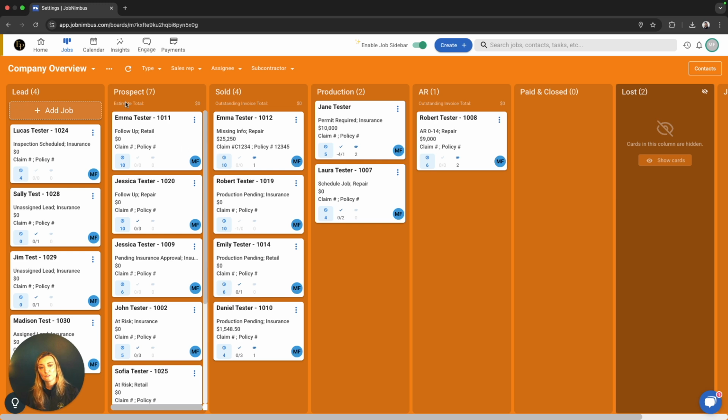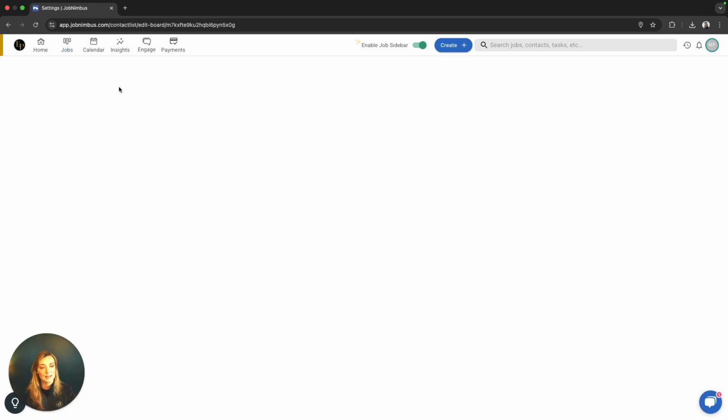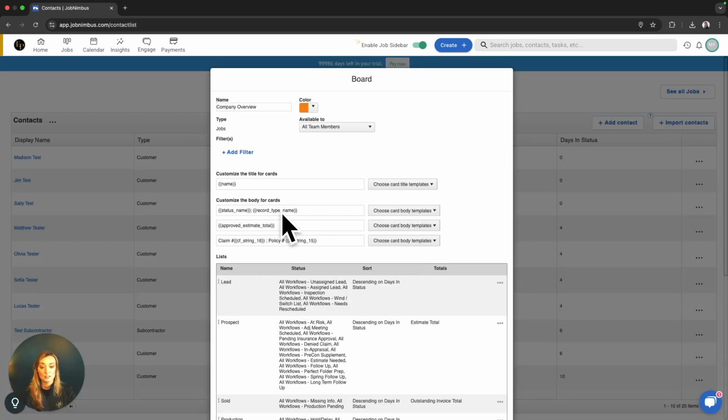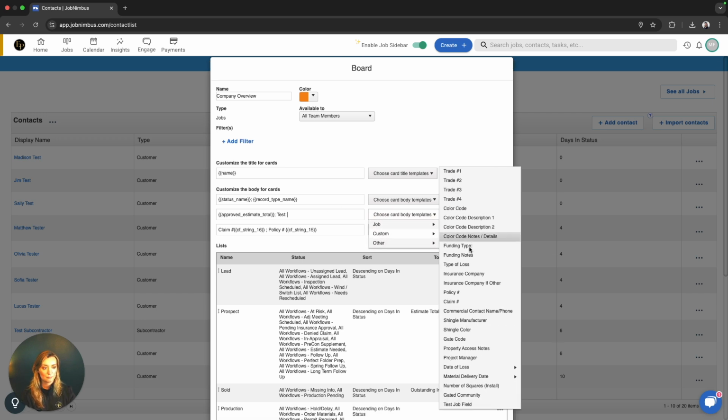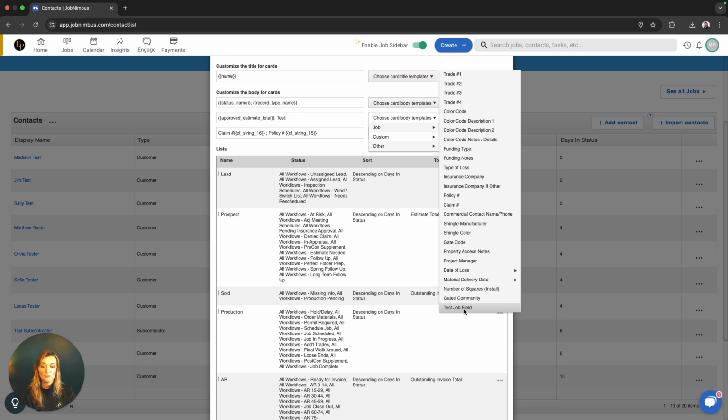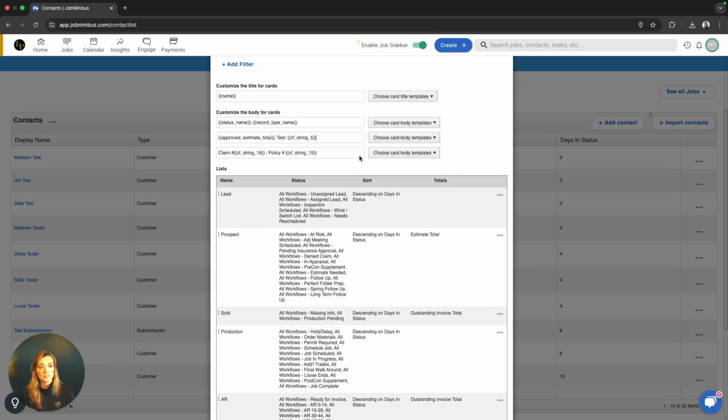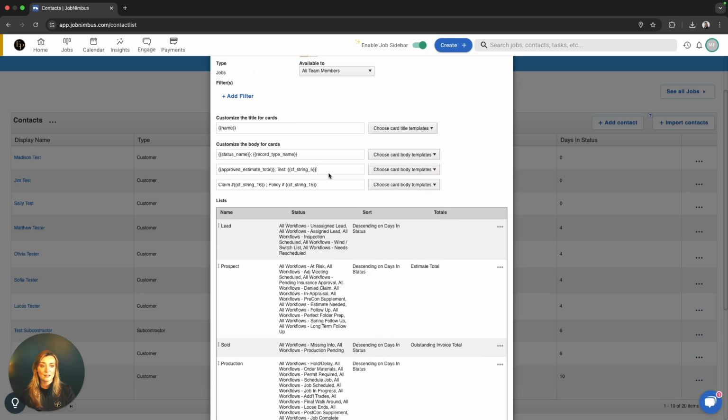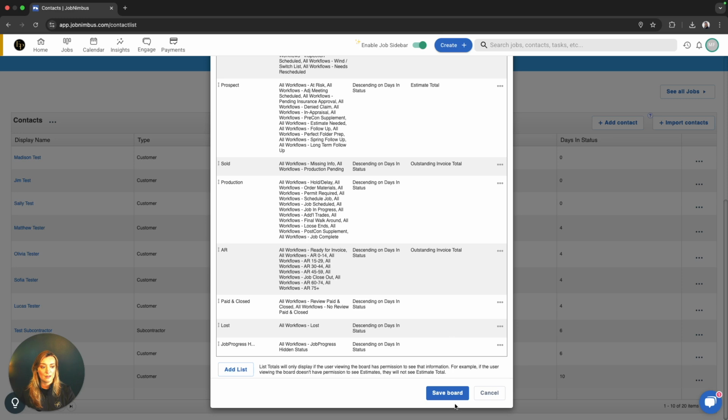I'm going to go back to my job board, my company overview board, and I'm going to edit again to change the details of my job card. All right, so let's say here after approved estimate total, I want to see test, and I want to see the answer to that. So I could go into custom, and I could scroll down to my test job field. This is the one I just created. Again, you can name it whatever you want that to be called. It should be something that makes sense to your team. And then the answer for whatever that is going to appear there. So once I save that,